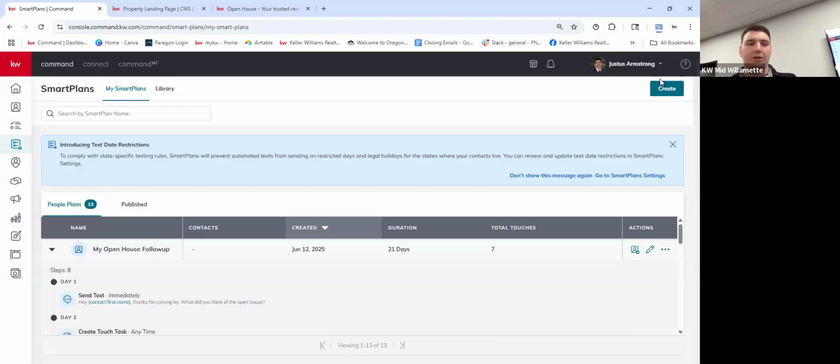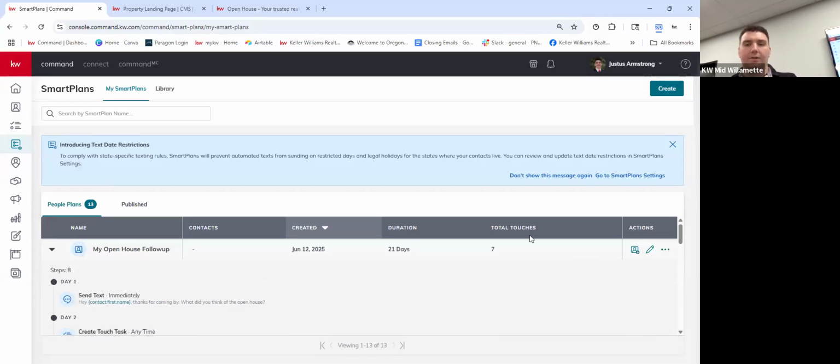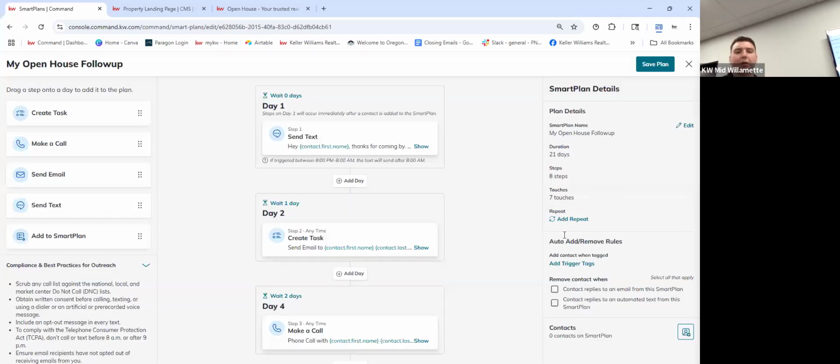Anyway, back to the smart plans. I have this open house follow-up that we added. So trigger tags are an option to add someone to a smart plan immediately once you've assigned them a tag. So what we can do is edit the smart plan, and right here in the default view, we have